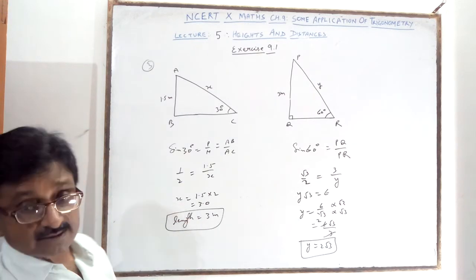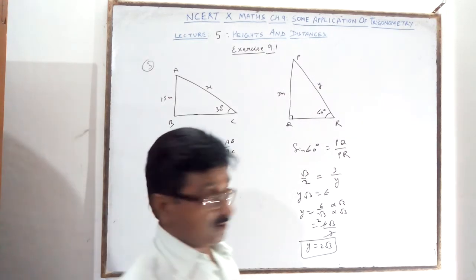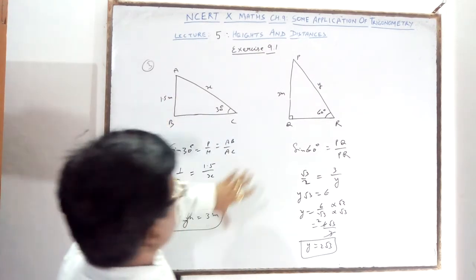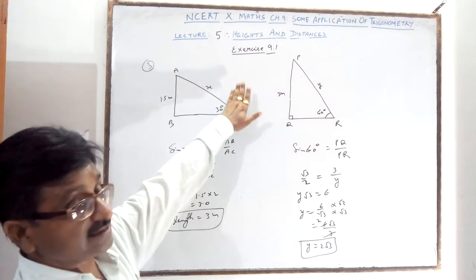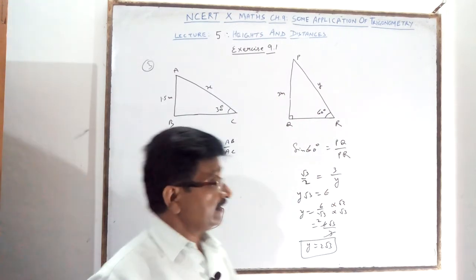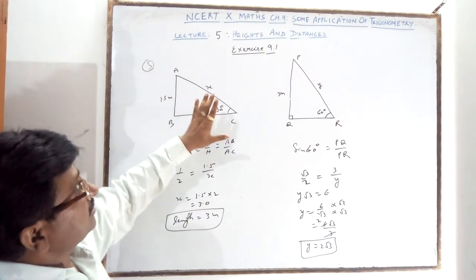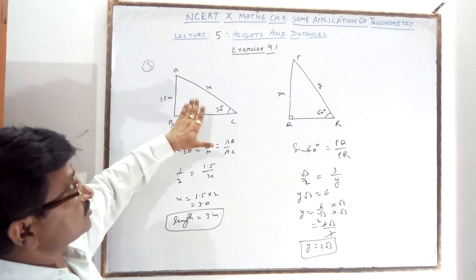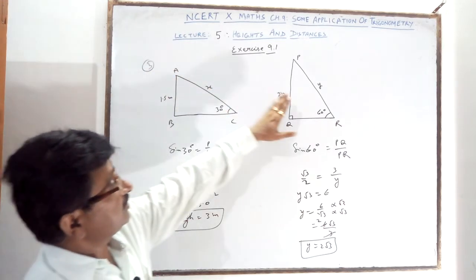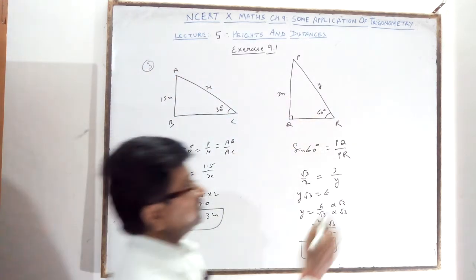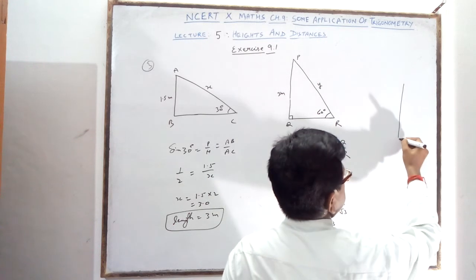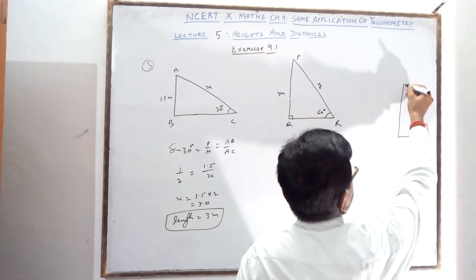First slide 3 meter. So like this, you have finished your 3 questions of exercise 9.1. Very simple slide question. Some students also draw the figure together, one on this side, one on this side. Some teachers want to draw like this.